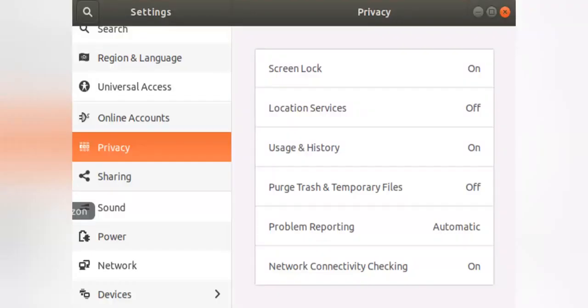So now students, how to remove temporary files and folders. As you all know, whatever data is inserted into a computer, it processes it, and then temporary files and folders are automatically created. These files help users to track their work, but the files take up additional space in the hard disk. To remove temporary files, you just have to first click on the Activities button, and then on the left side there is written Privacy. You have to click on Privacy, and then under Privacy there is a box with 6 options, where you have to click on Purge Trash and Temporary Files.